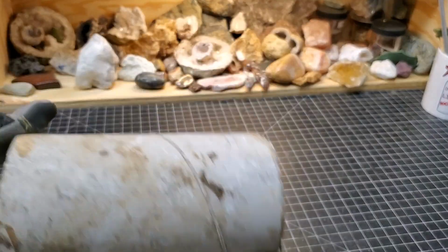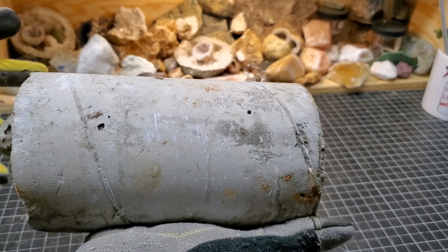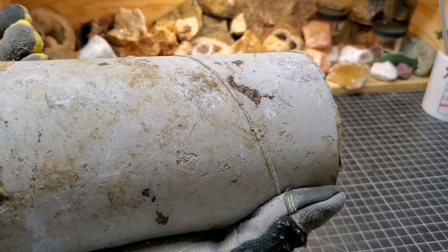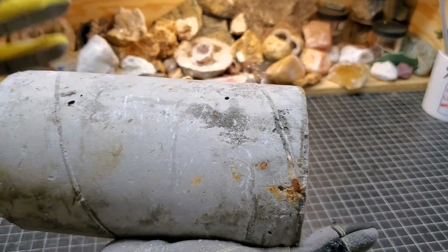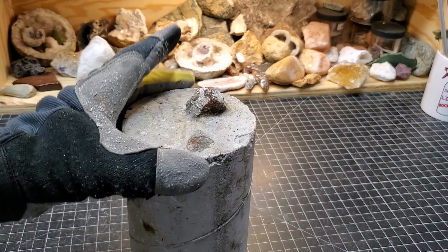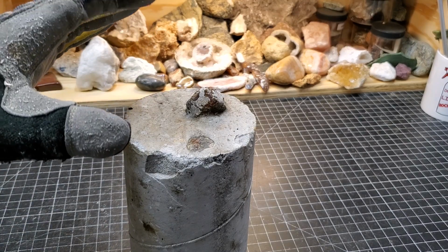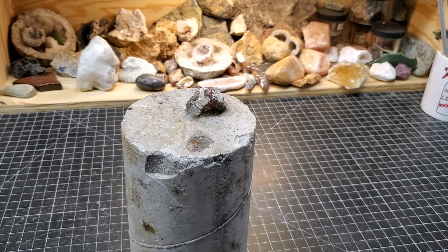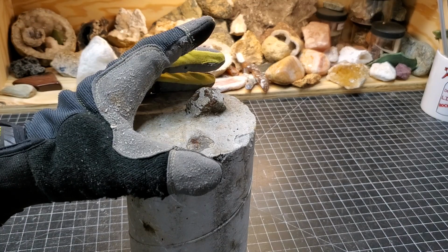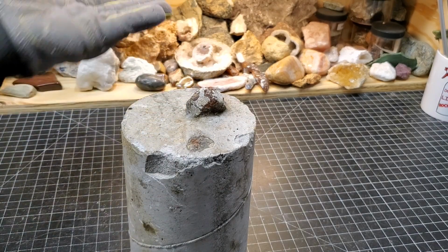So here's what we have. I picked this thing up in a trade at the Spokane Rock Rollers Tailgate Sale and Swap. Now, they had one of these and it was already cut and had agates in it. Now, I know you're looking at this and you're like, what the heck's going on here? Clearly, we can see that there's a couple of agates sticking out of the back end of this concrete cylinder that somebody made. What I was told was that somebody had a lot of agates and they wanted to cut them, and they're too small for their slab saw. So they filled a concrete tube with agates and poured cement in it so that they could slice them now